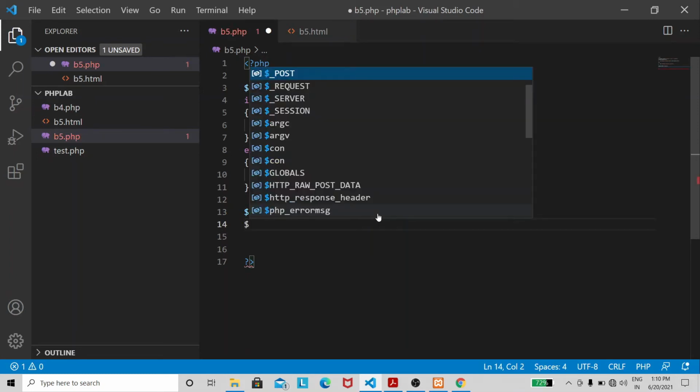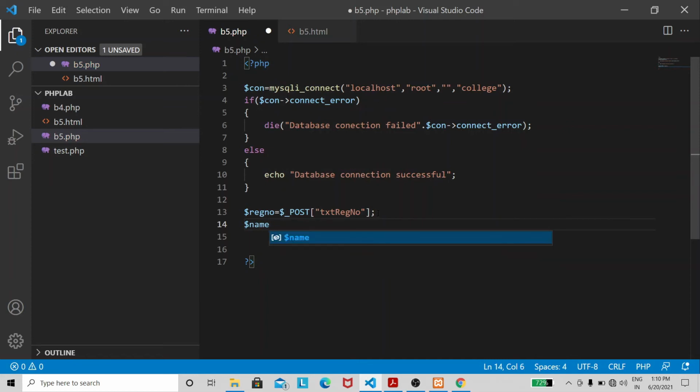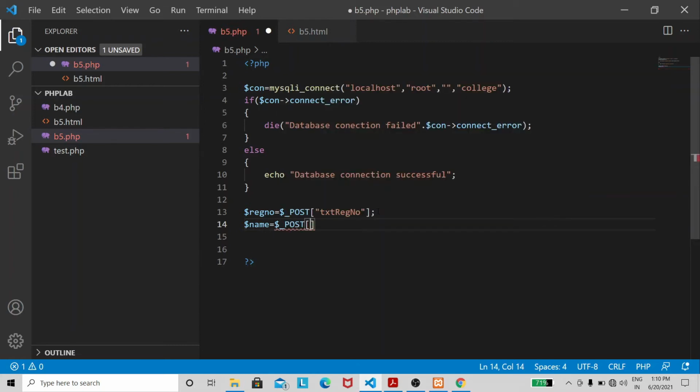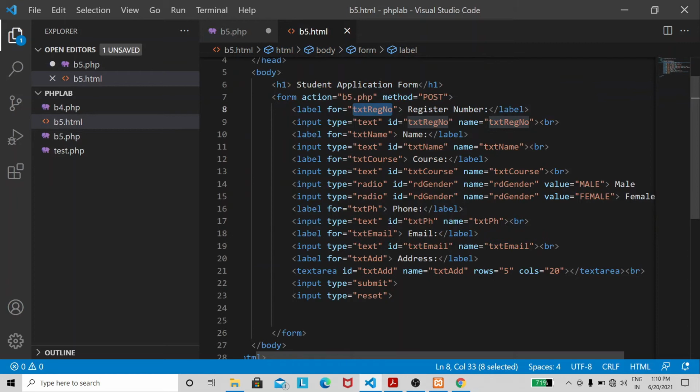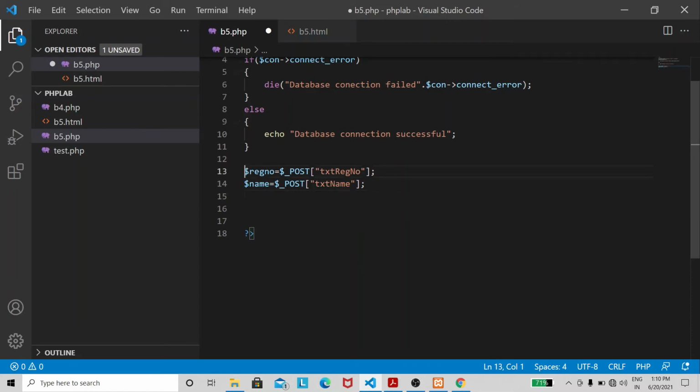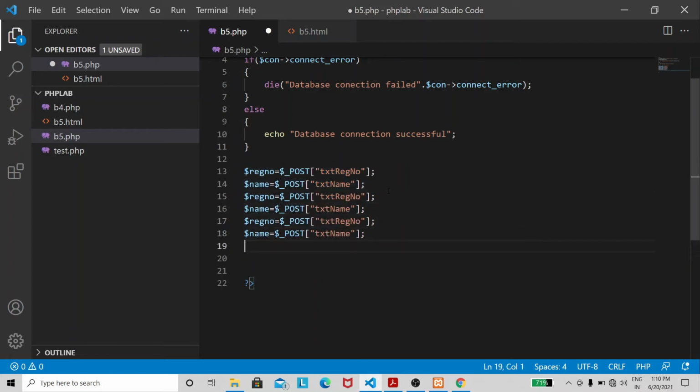Dollar name is equal to dollar underscore post of, like this. I'm going to collect the input from all the elements. So there are 7 input elements.